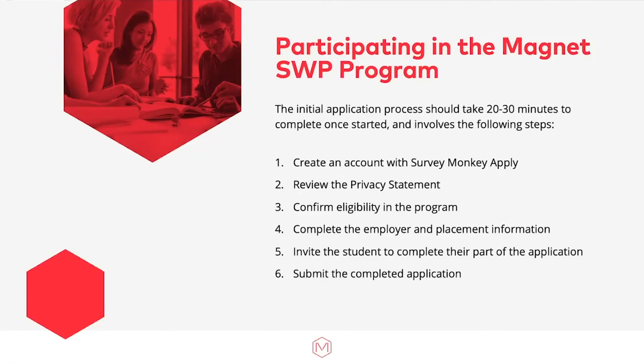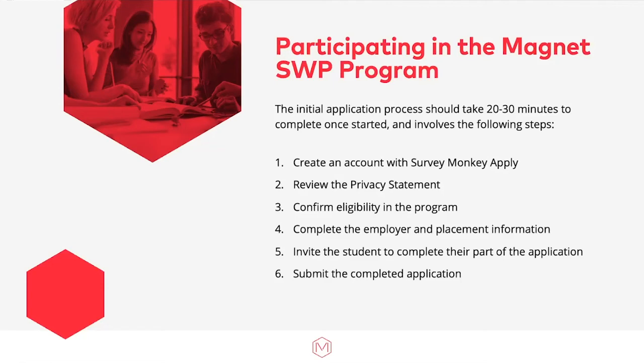They will complete the employer and placement information. So that's the information about their organization, about the job, about the student. They'll invite the student to complete their part of the application as well. There is a number of data points that have to come directly from the student, including the self-identification as one of the underrepresented groups. And when that's all complete, they will review and submit that completed application to us for an initial review and